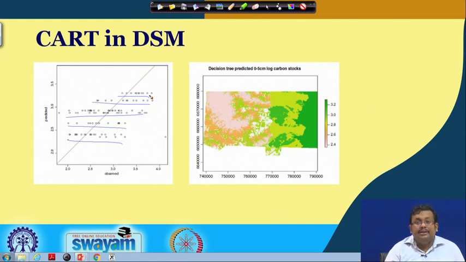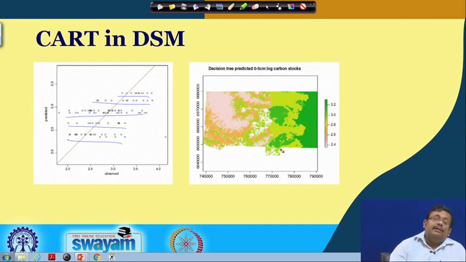We will discuss them, but here is an example of a decision tree predicting 0 to 5 centimeter soil organic carbon stocks.